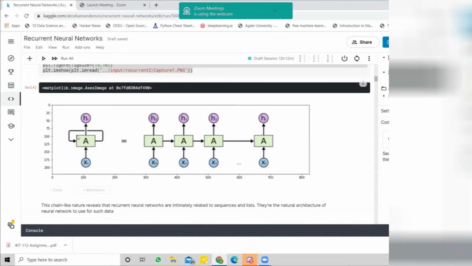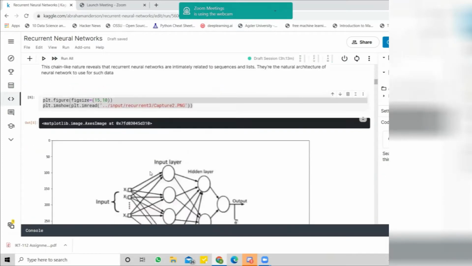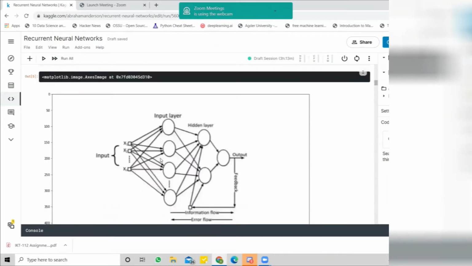For example, if we look at this picture, it may seem a little bit complicated. As you can see, we have x0, x1, x2, or x1000 maybe or more, according to the words. For example, we are talking about translation, right? According to the translation, we may have thousands of words. Every word will be represented as an input for our neural network. But inside these chunks, every chunk of network contains a normal artificial neural network like this one.